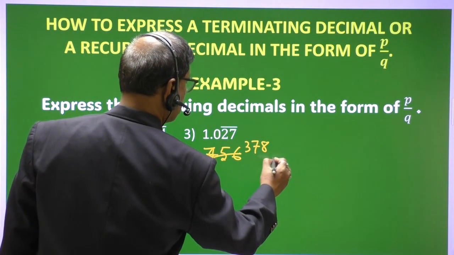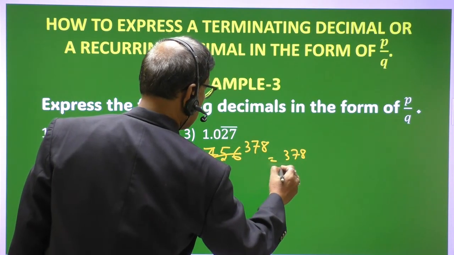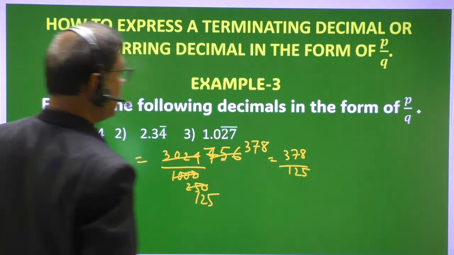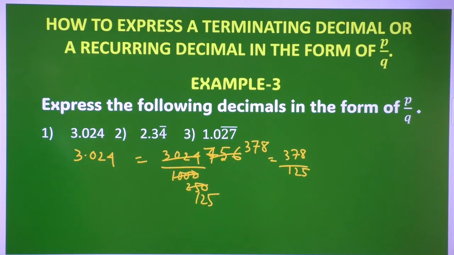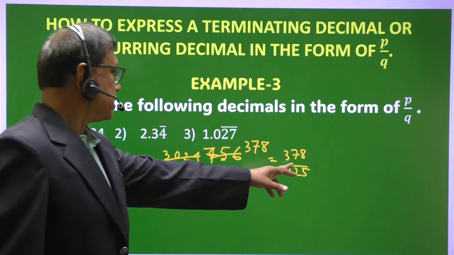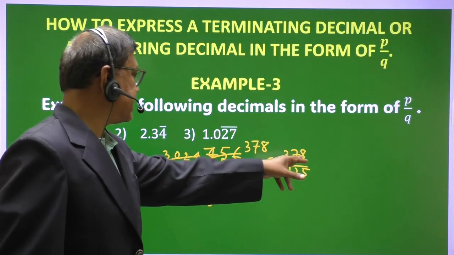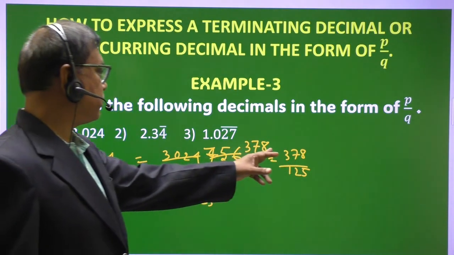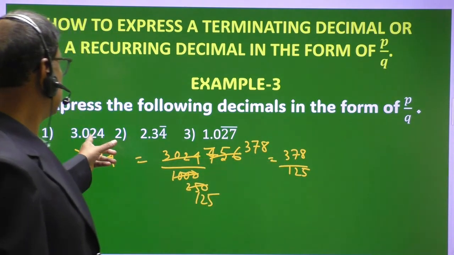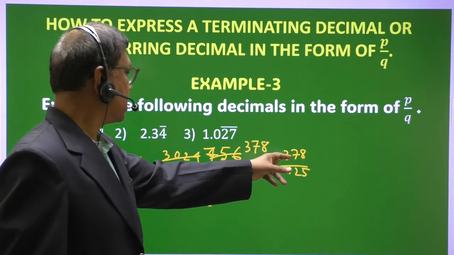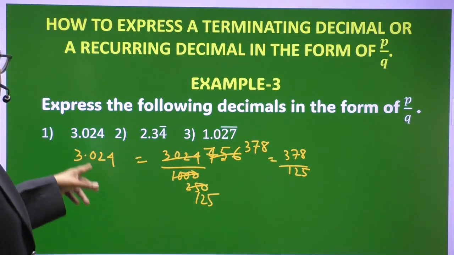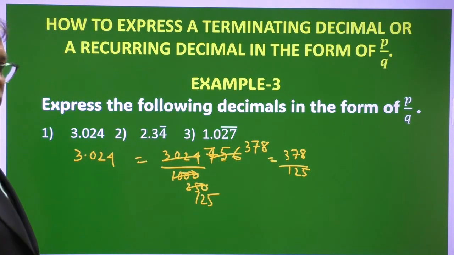So 378 upon 125, this is the P by Q form. Yes. Now see here, if we multiply by 8: 8 8s are 64, 8 7s are 56 plus 6, that is 62, and 8 3s are 24 plus 6, 30, that means 3024. So this answer is correct. Now the second part,